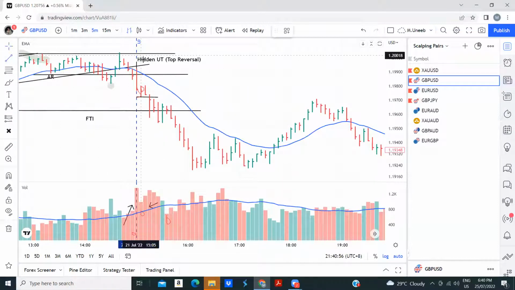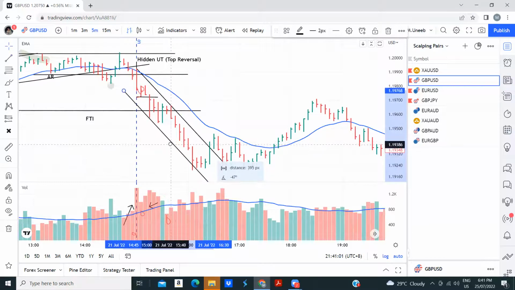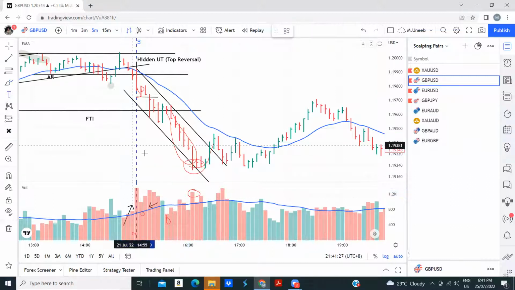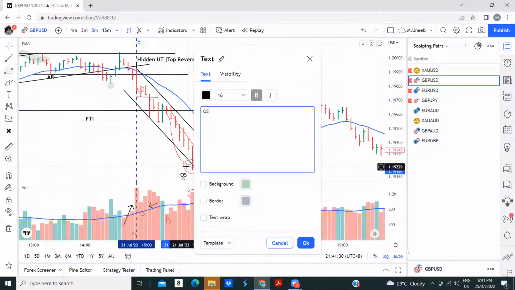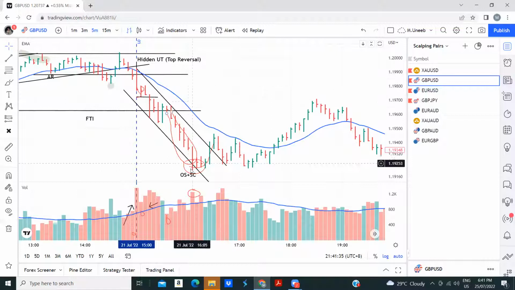Okay, now if I try to draw from this point to this point, and I draw the structure like this, we did observe what? Oversold. Now oversold, we confirm if there is an accelerated move to the downside. Tell me, is there an accelerated move to the downside? Yes. Is there oversold right over here? The price breached and returned back to the trading range? Yes, it did. Is there any high volume? Yes, there is high volume. All of these characteristics make it oversold, plus selling climax. Right?